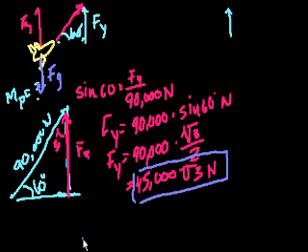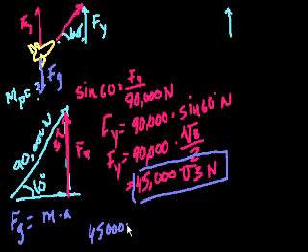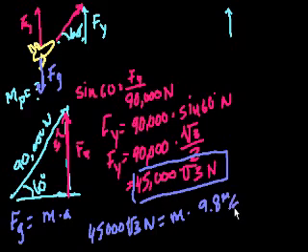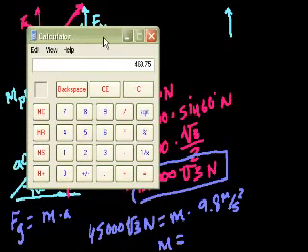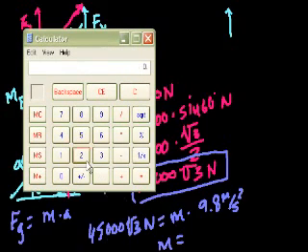And what they want to know is, what is the mass of the plane? Well, the force of gravity, or the weight, is equal to mass times acceleration. So the force of gravity, 45,000 square roots of 3 newtons, is equal to mass times, what's the acceleration of gravity? 9.8 meters per second squared. So the mass is equal to, let me get the calculator out because this is getting very messy. So the mass is equal to 3, take the square root of that,